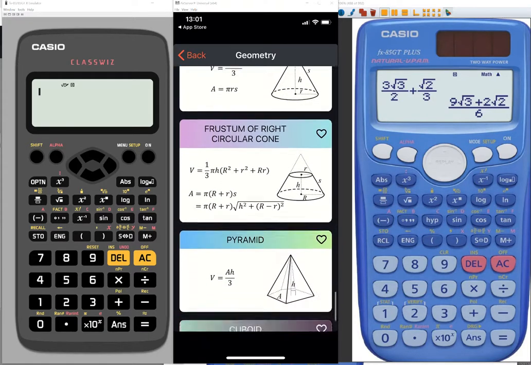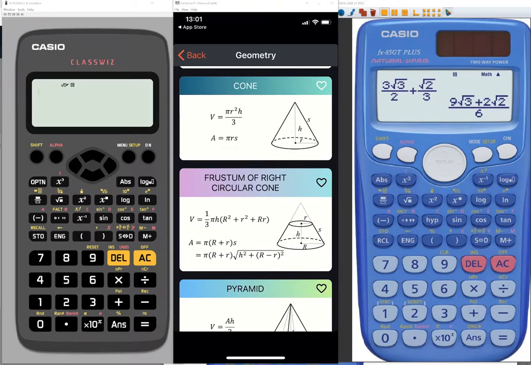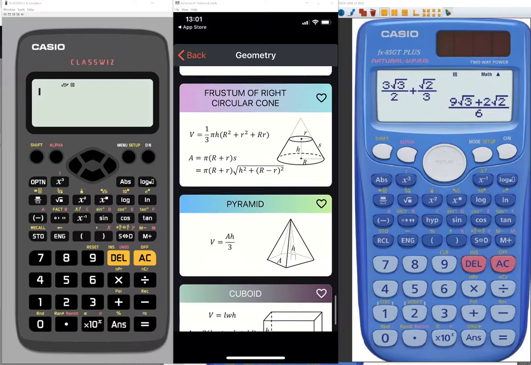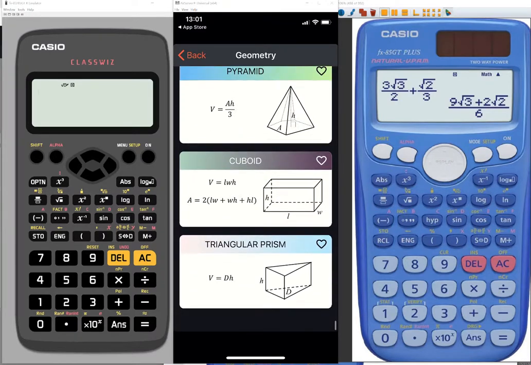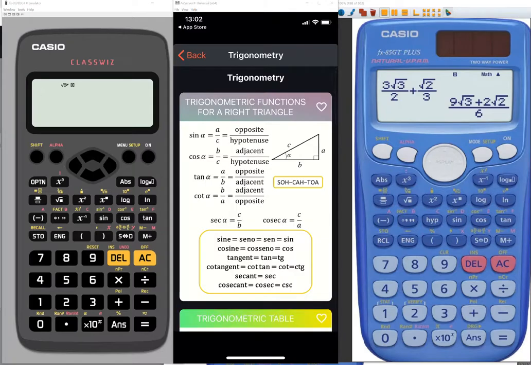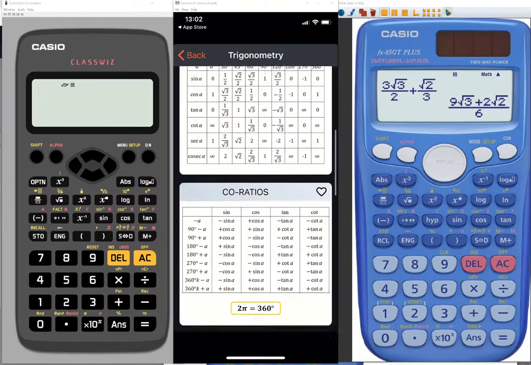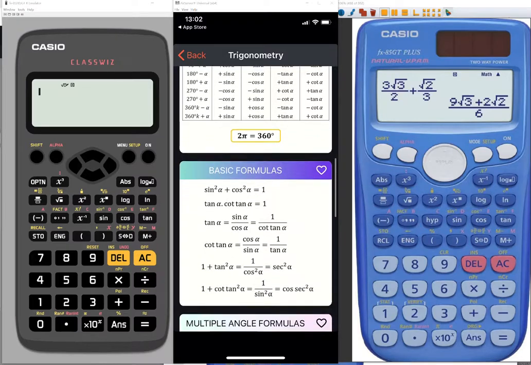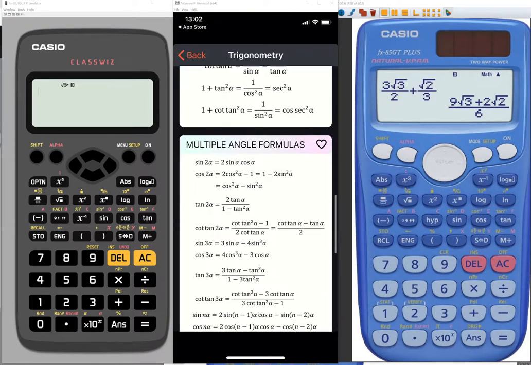Probably not in. Okay, well, that's the curved surface area of a cone. Back out of that, we'll go to trigonometry if I want the sine rule. So it's a pretty good replacement for your tables,